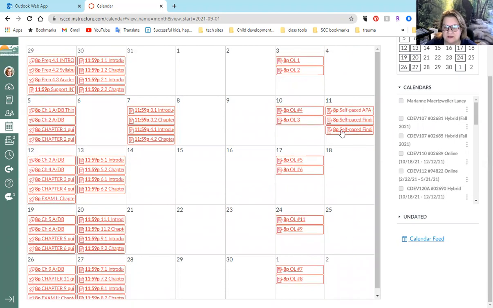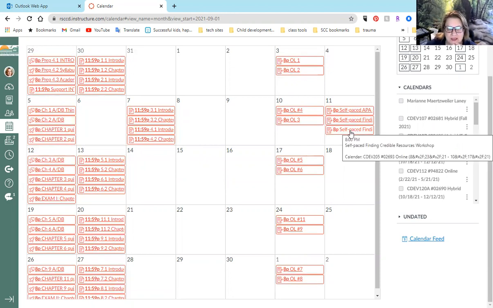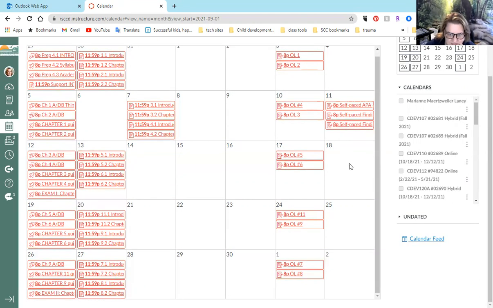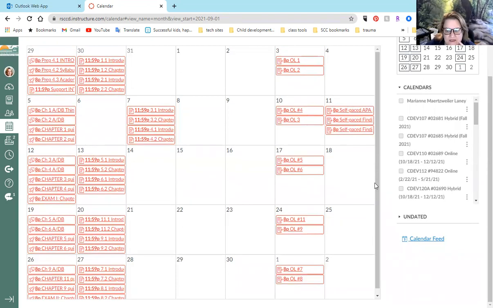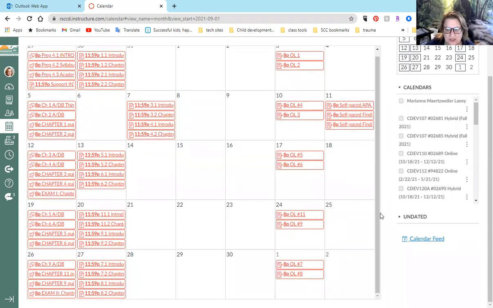And on Saturdays, I put these self-paced modules, and I put a little grade on there so we can make sure. These are the library workshops, where you can learn about APA formatting, finding sources, and things like that. You can take it anytime. I think I put the due date about four weeks in, but it's really open. It should take you about 30 minutes. I put little things like that in there just to make sure that we're learning and having our own professional development as we go.